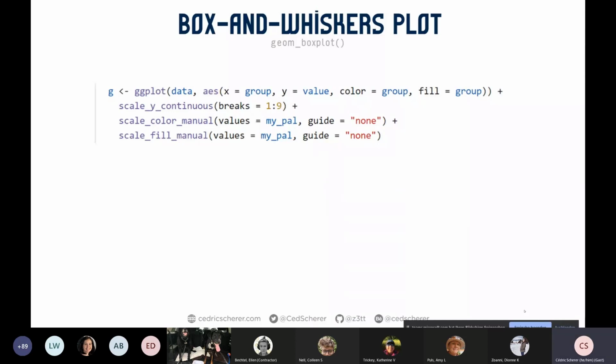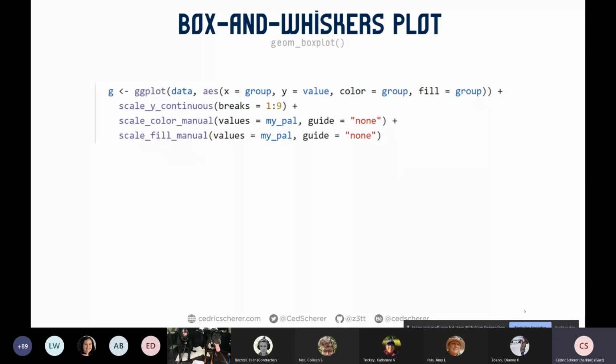And because of that, we also have color and fill in here, and X and Y, because obviously, if we want to draw a scatter plot or a bar plot or a box plot, doesn't matter, we need to have X and Y coordinates. And here I also map color and fill to the group. Then I override the breaks on the y-axis with the scale_y_continuous. This is already polishing here. I just want to have them fixed.